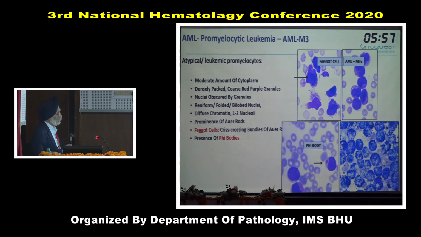case of M7. I had left M3, acute promyelocytic leukemia, because this is one entity where on morphology you can make out the diagnosis in the majority of cases, and what you find is multiple Auer rods, faggot cells, and then this is the AML3 variant, where you find bilobed or buttock-shaped nuclei, and extensive positivity on myeloperoxidase.